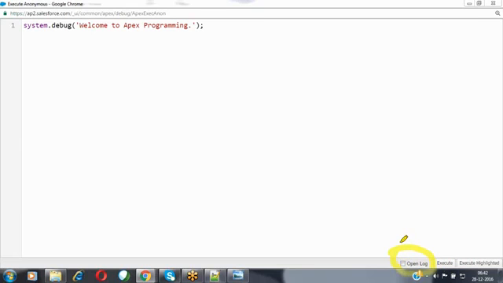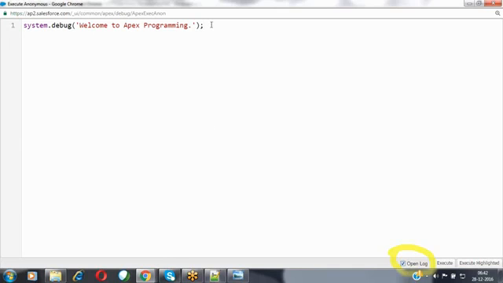Whenever you select this checkbox, as soon as I click on the execute button, it will execute my code, generate the debug log file, and open the debug log file for me automatically. I don't want to open that log file manually by double clicking on it. From there, we can see the result.